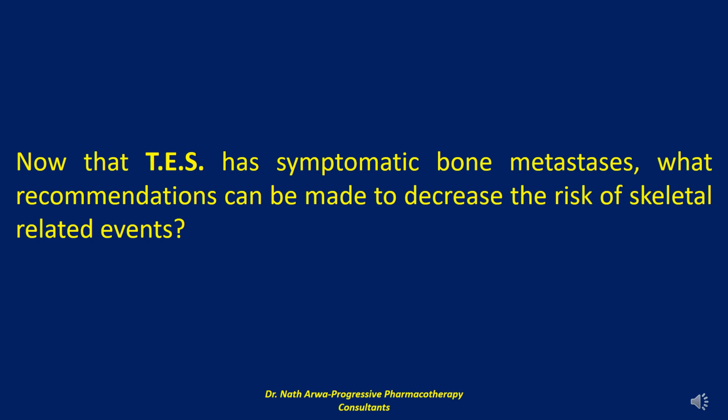The only bisphosphonate shown to be of benefit in patients with castration-resistant prostate cancer and bone metastases is zoledronic acid. In a Phase 3 study, zoledronic acid was shown to demonstrate a delay in skeletal-related events, including radiation to the bone, time to pathologic fracture, and bone pain. However, the study did not show an improvement in quality of life or a decrease in the development of new